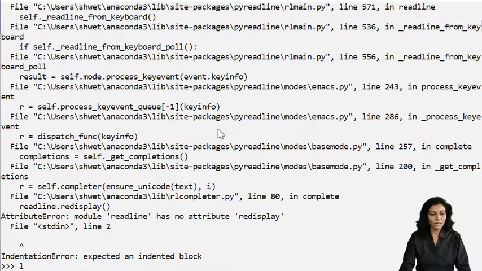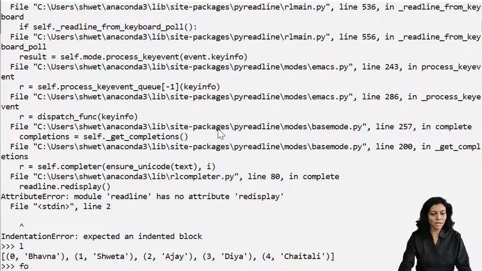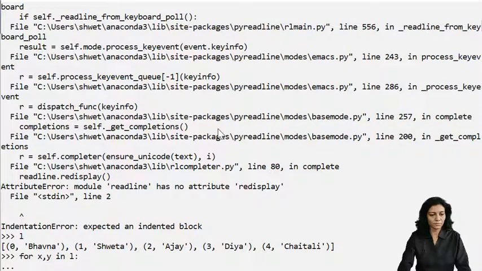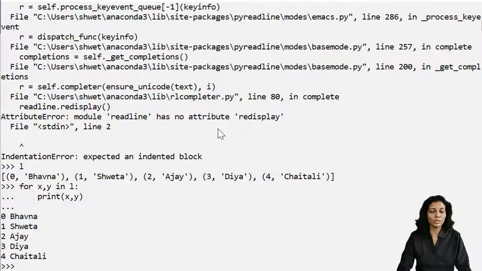So now my L is a list of tuples, and if I want to extract individually item X, Y in L, print X, Y. So it is going to give me the keys and value in sorted order, but it will be sorted in terms of keys. But now if I want to sort in order of the values, then I'm supposed to specify